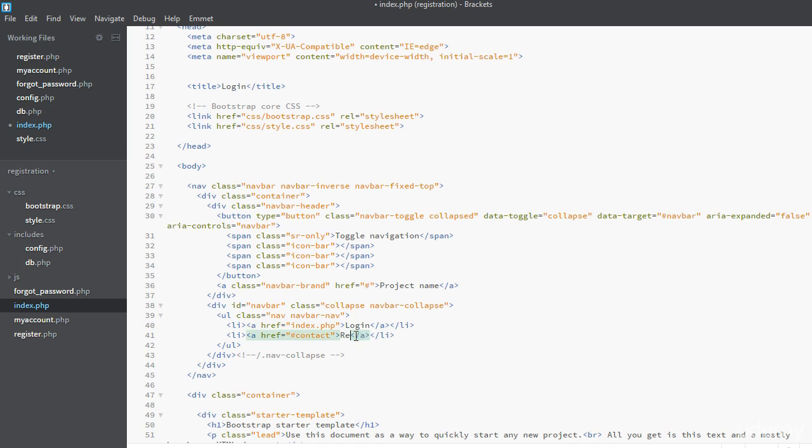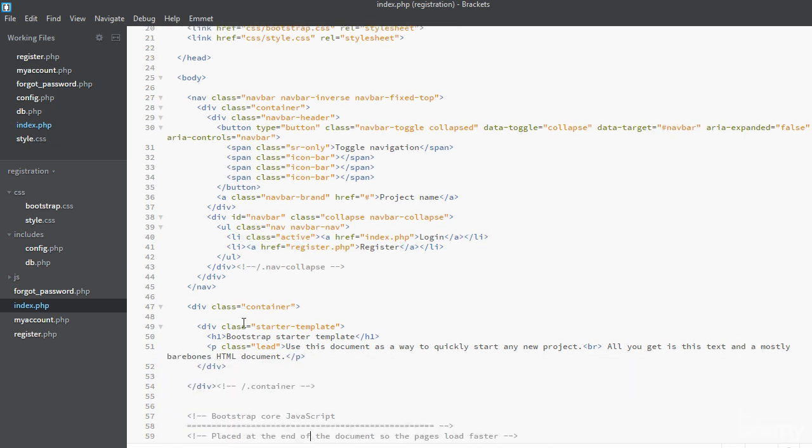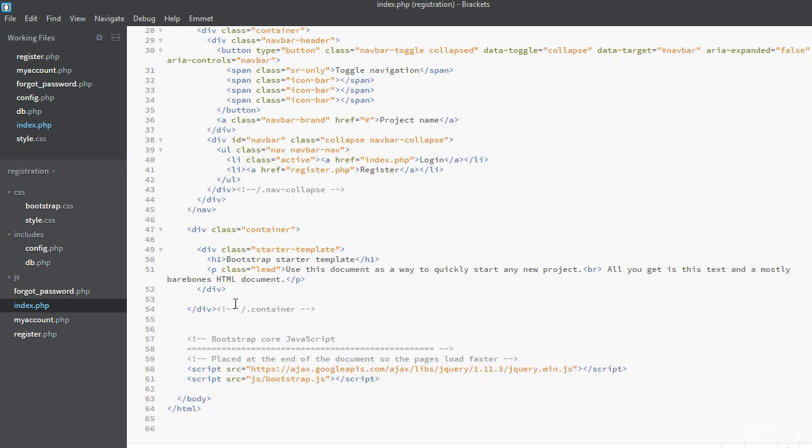This will be register, and the link will be register.php, and currently the active will be the index page. So we will add active class to this link. So we want to remove this div from the container,